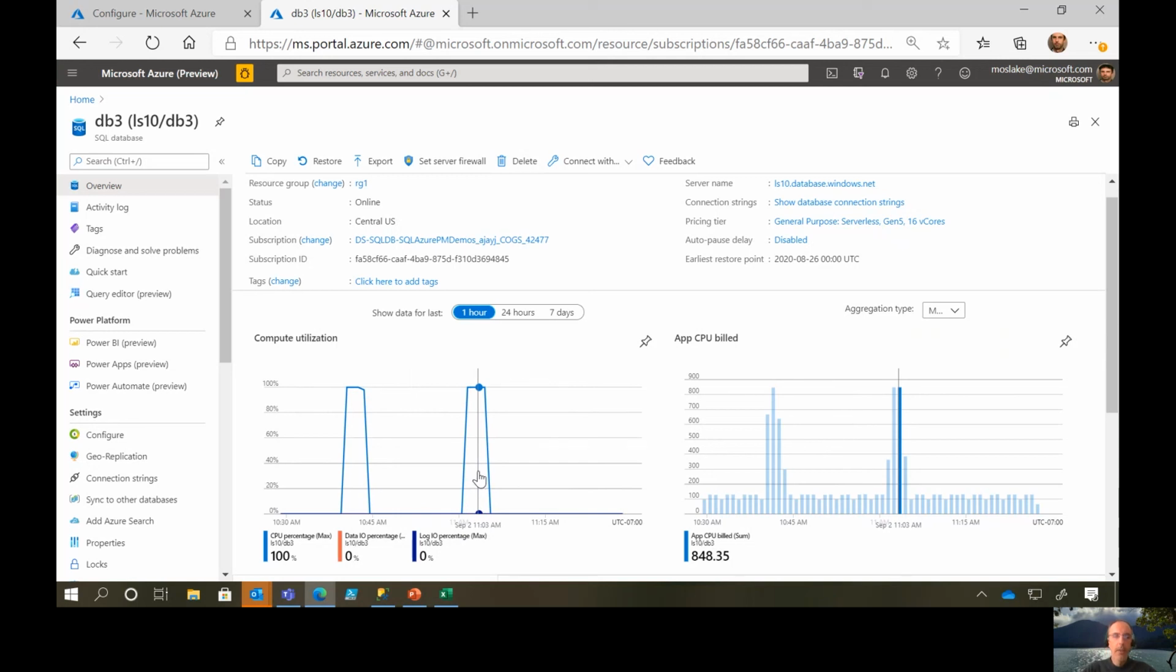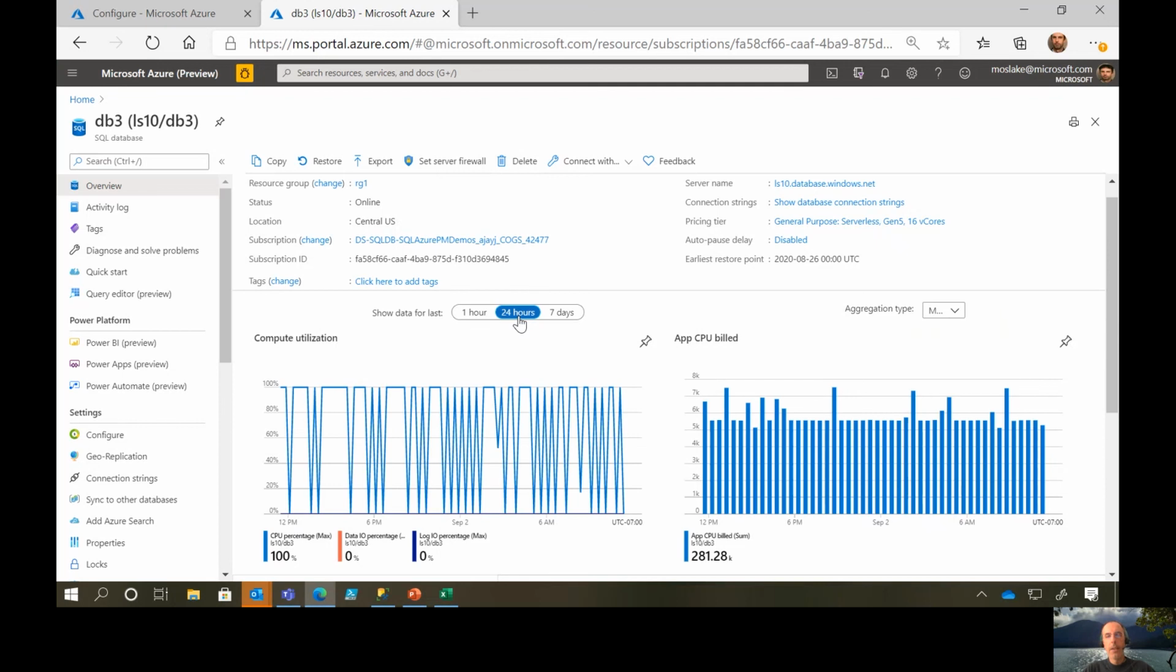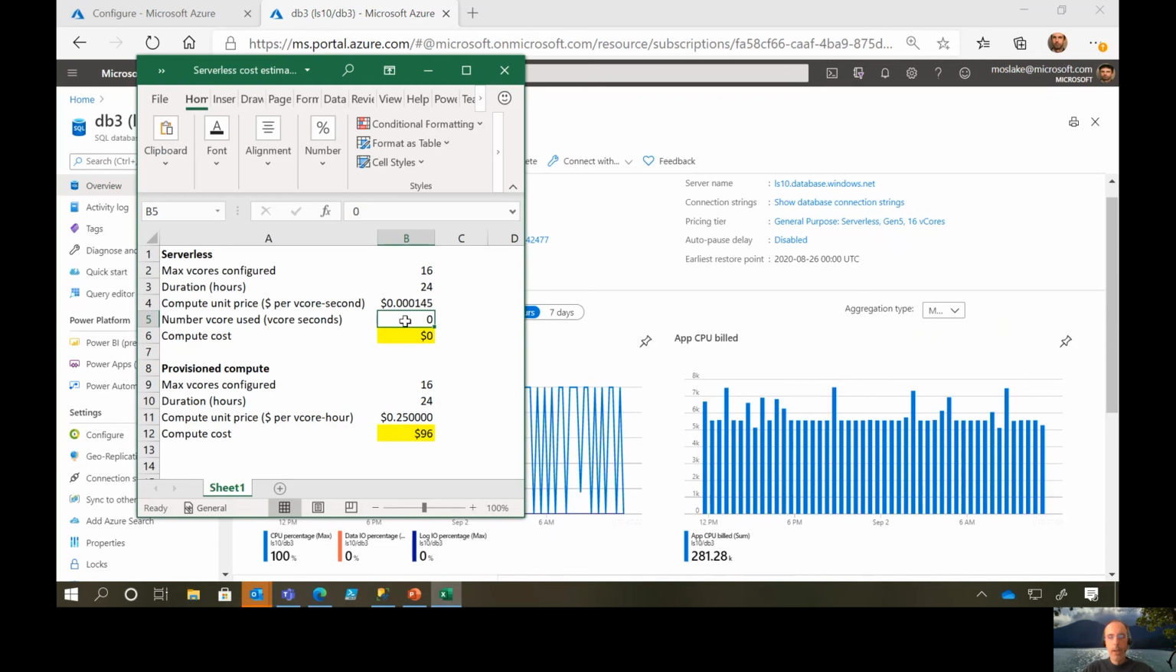You can also see how this compute usage tracks quite closely with the chart on the right, which is displaying the number of vCore seconds that are billed. So if I want to determine the total compute cost for this database, let's say over a 24-hour period, I just need to aggregate the total number of vCore seconds over that length of time. And that's represented by this metric in the lower right-hand corner. 281,000 vCore seconds have been billed over a 24-hour period. So if I input 281,280 vCore seconds,